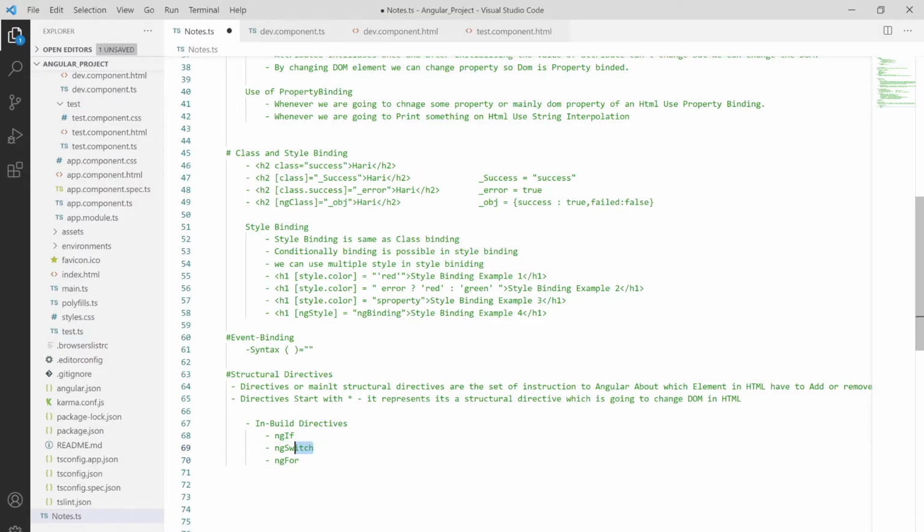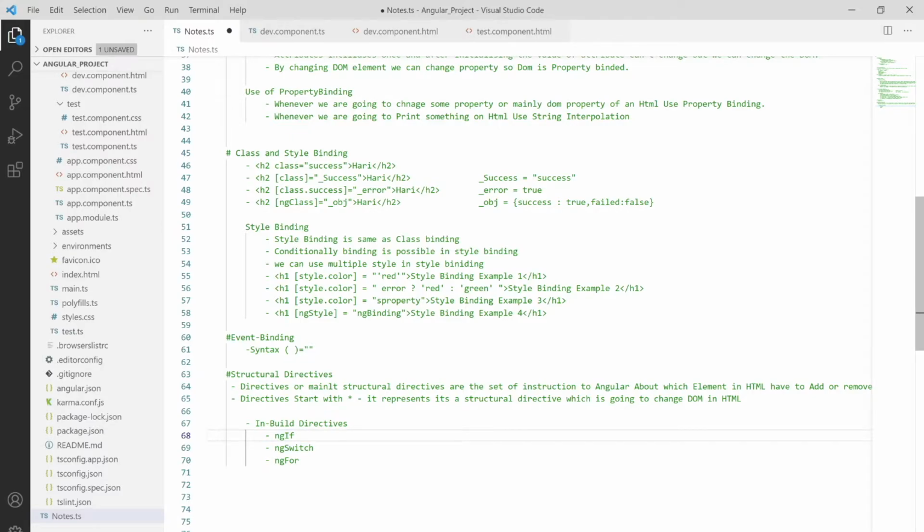These two are conditional directives, on the basis of some condition they are adding or removing the element, but with ngFor we have to render a list of elements in the HTML. So there we can use ngFor.